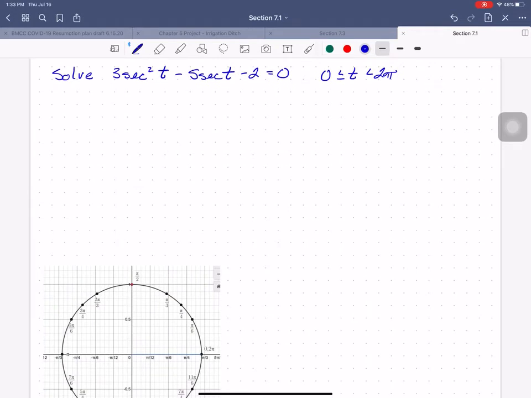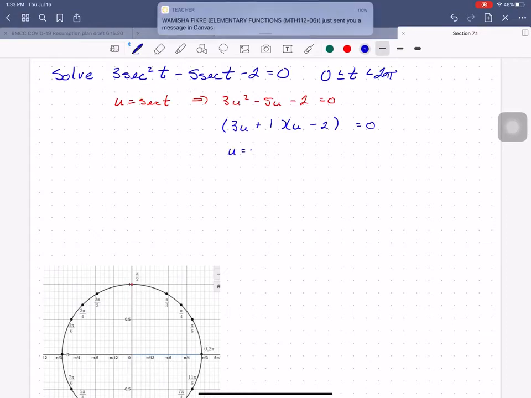Let's try 3 secant squared t minus 5 secant t minus 2 equals 0. Now again, this would factor if I were using, so let's make a u substitution. Let's let u equal secant t. So my equation now becomes 3u squared minus 5u minus 2 equals 0. We'll factor that as 3u plus 1 times u minus 2 equals 0,